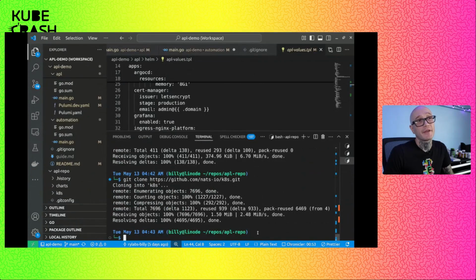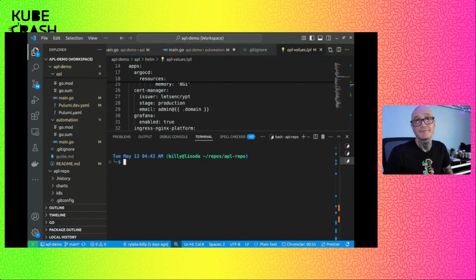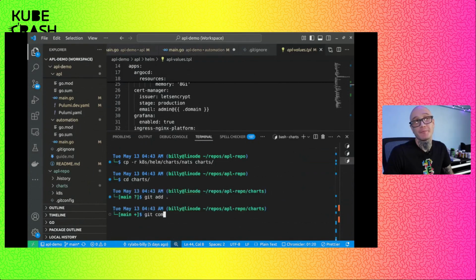Looking good. And then it is really as simple as just copying it over and pushing it up.